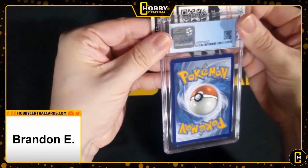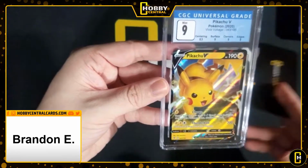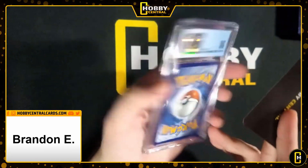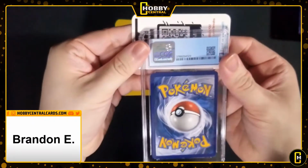Next card. Pikachu V, some more Vivid Voltage, in a 9. Centering being what held it back, and I can already tell the centering is off, so there's that. Next up,